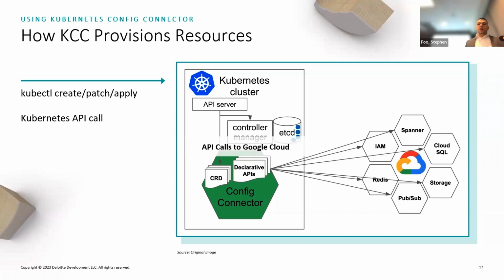So the controller manager checks about every 15 minutes. You can see that in the controller manager logs if you're ever interested in looking under the hood. And the controller manager goes and makes the API calls to create the Google Cloud resources. It basically tries to figure out what it needs to do, and it makes the API calls from Kubernetes itself, from this controller manager.